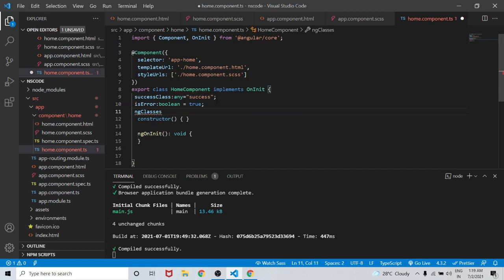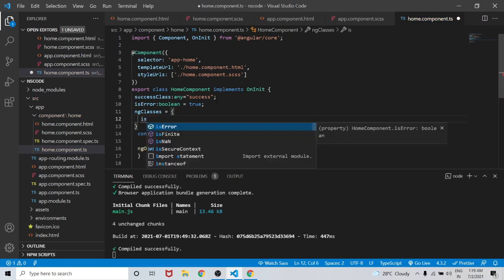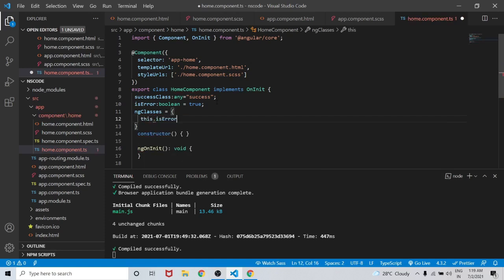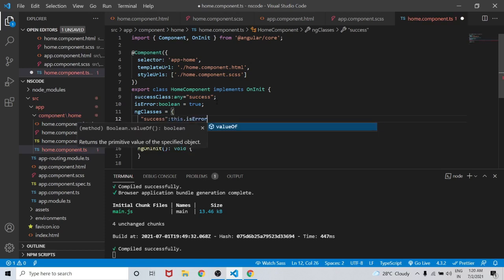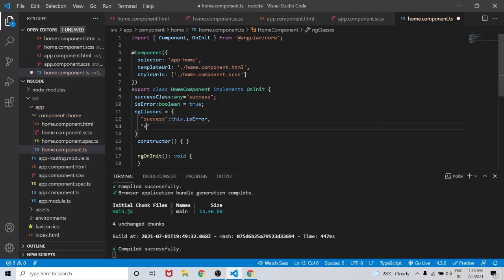So ng classes equals to an object success class if this.isError is false and error class if this.isError is true. Right, so we will write success if this.isError and error if this.isError.